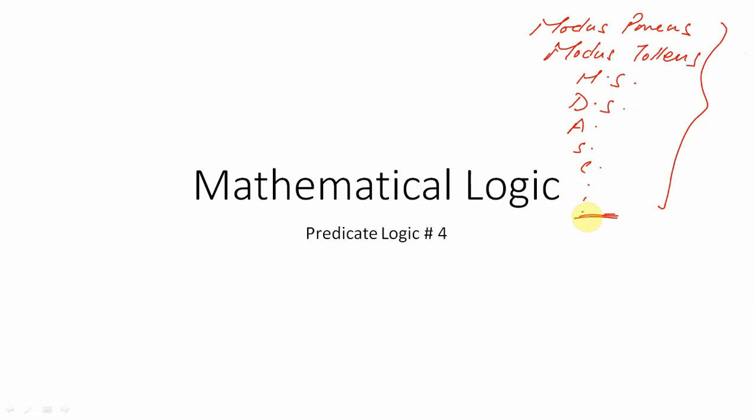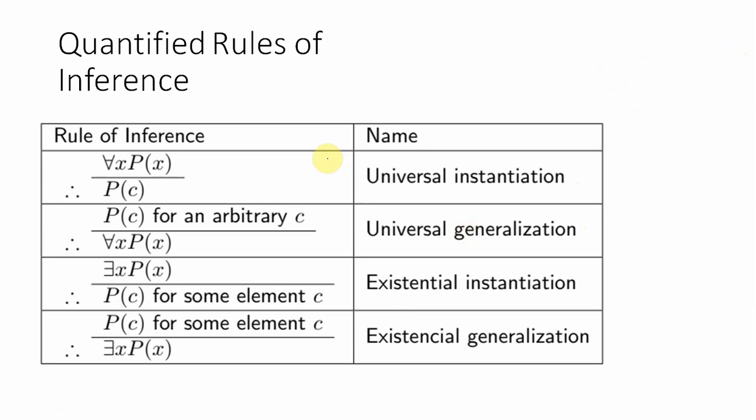Now today we are going to see the rules of inferences as they are applied to predicates. So let's start. The various quantified rules of inferences are, we have universal instantiation, which says